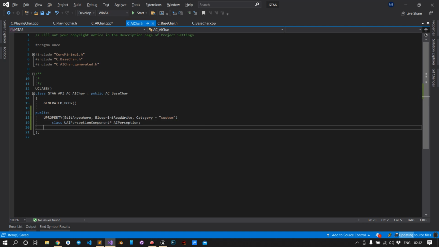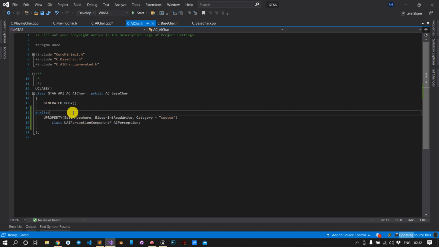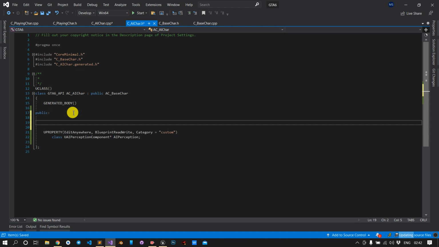Okay. Now just open the CPP. Before that, we should have the constructor also, so just copy this.